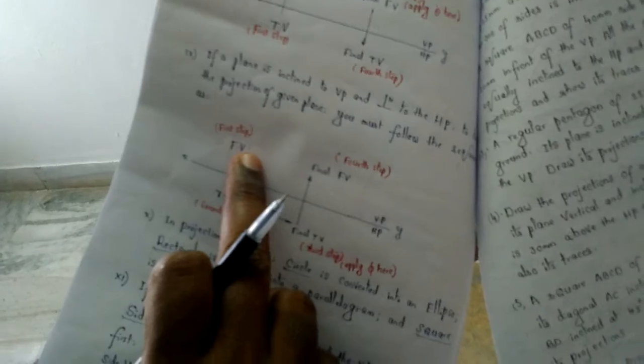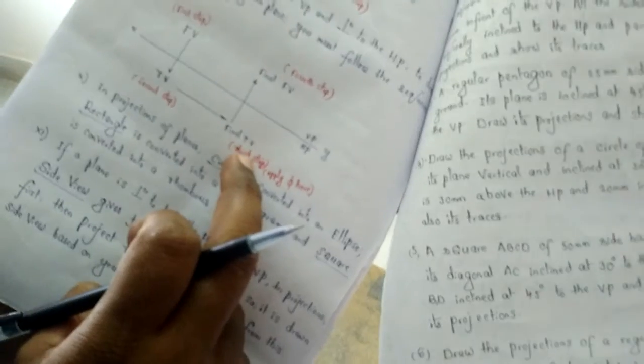In this case, first you want to draw the front view. Next you draw the top view. Next implement the angle, and then you want to draw the final front view. In this way you want to follow the sequence of steps. Here you want to draw a semicircle. Then this is the line. Make an increment of the angle, then this is an ellipse. Semicircle means a semicircular ellipse you want to get. So that's why first you want to draw